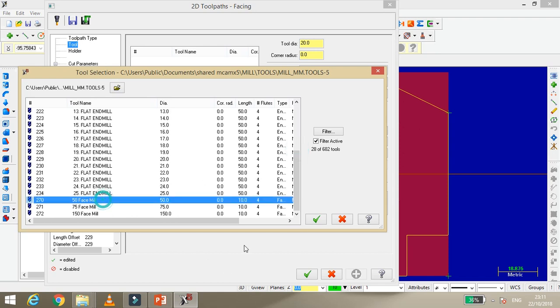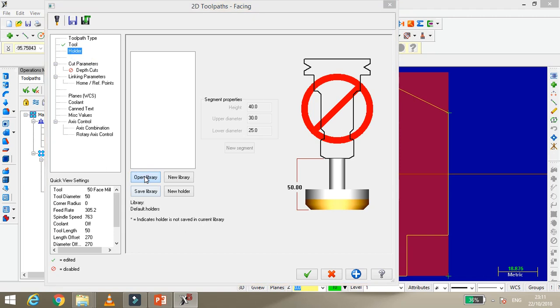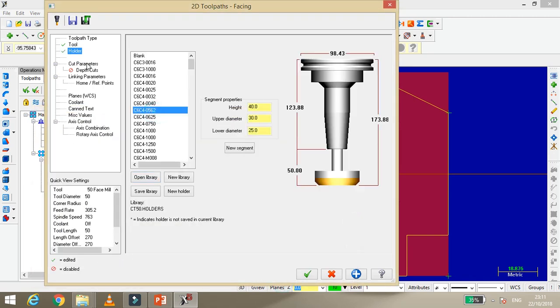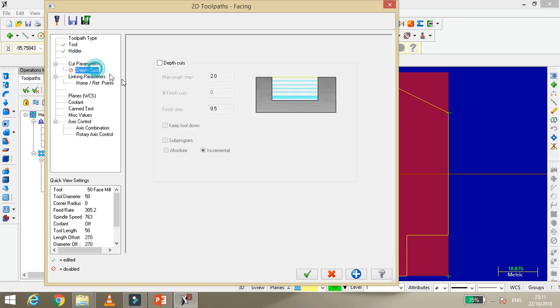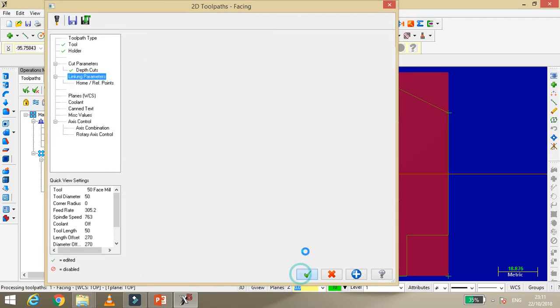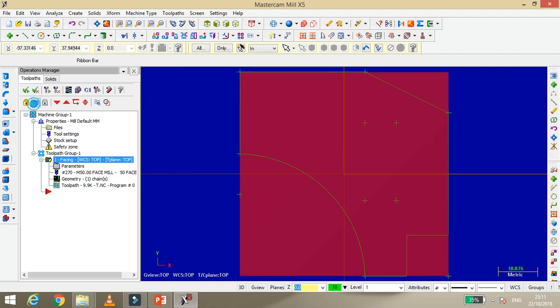Then I have to use a holder; any holder I can choose, there is no necessity to choose a particular holder. In cut parameters I say zigzag because it's looking very good. Okay, your first operation is facing. We will see the animation later, because we already saw how that works.